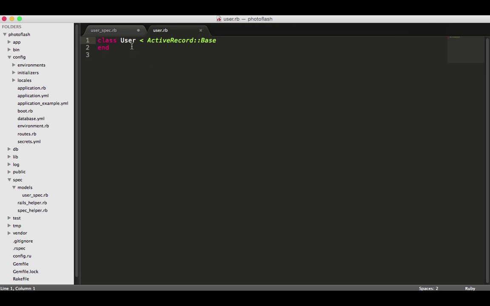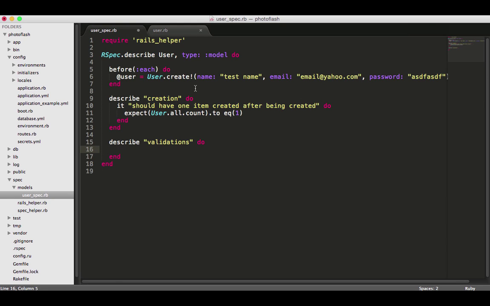We just have the user. So we could essentially create a user without a name, an email, or a password, which seems pretty pointless. We wouldn't want that in a real application, so that's why we set up validations to protect against that. So we'll say it should not let a user be created